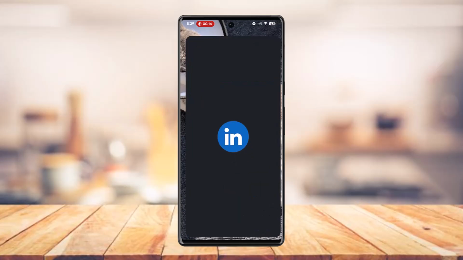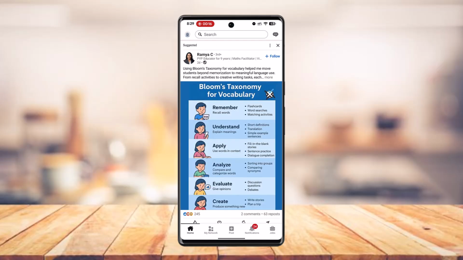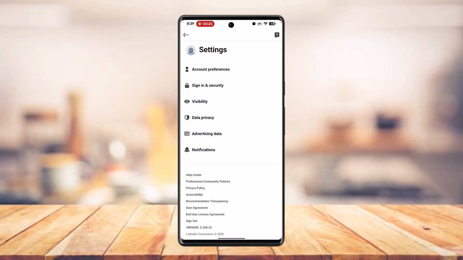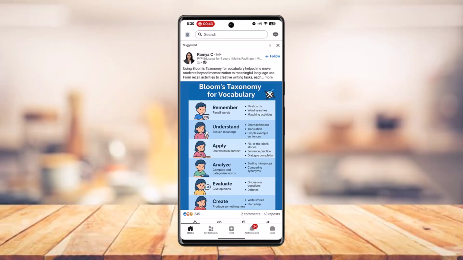your profile as well. So open your LinkedIn app on your device, then tap on the profile at the very top right corner of the screen, and then go to settings, or you can just go to more as well. When you go to settings, what you want to do is go to